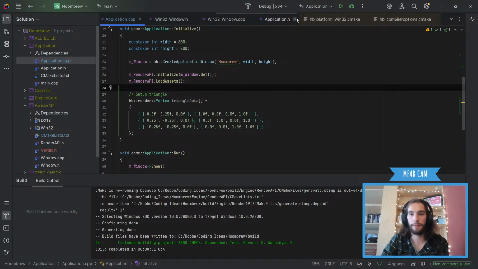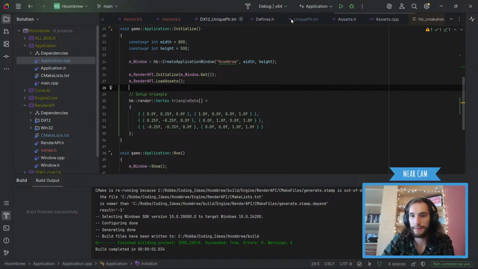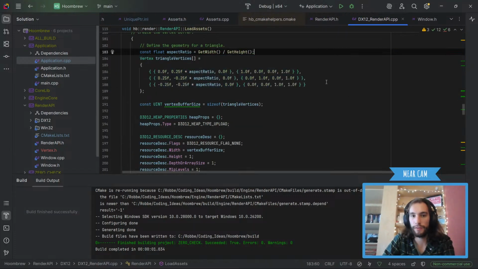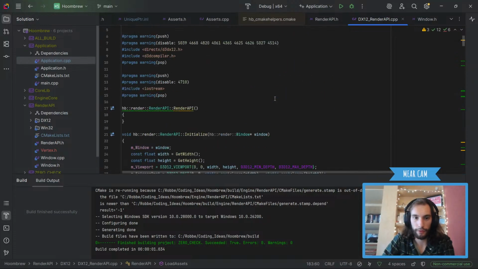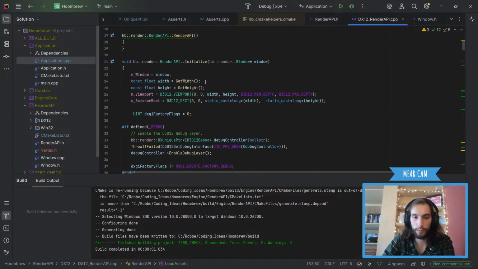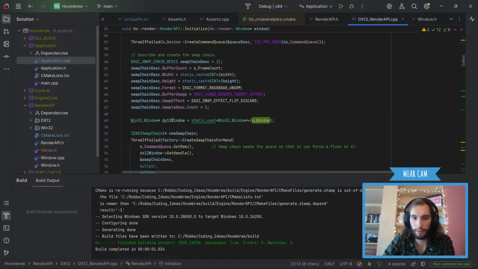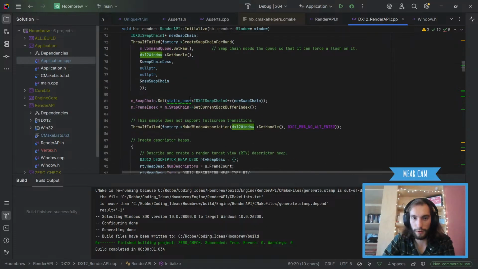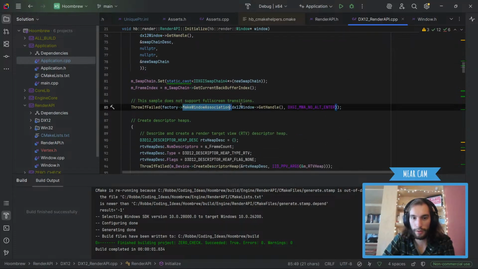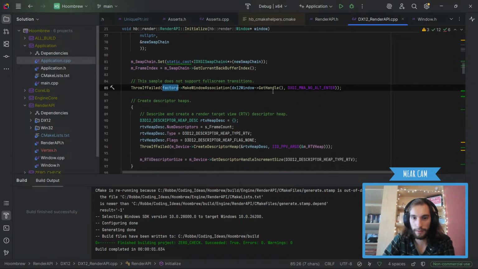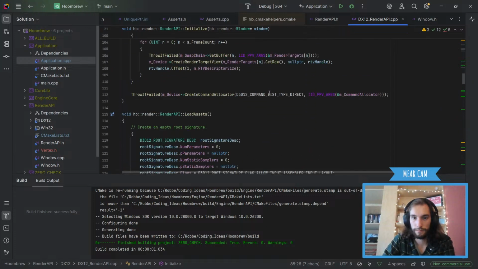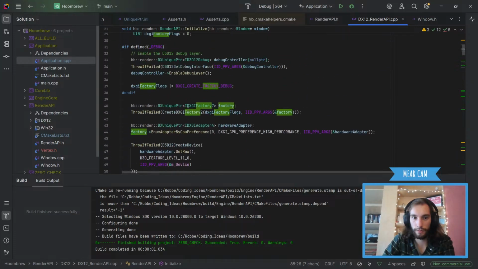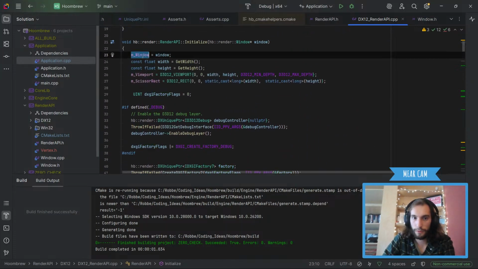Let's go back to our render API. Let's take a look at what we actually need to do outside. So let's go here first. So initialize, what do we need to do? We give the window. I don't actually know why. Do we still need the window? I think we still need the window for just this one call, no? Yeah, we make a window association with the factory. I think that's all we use it for. So I don't think we actually need to set this.